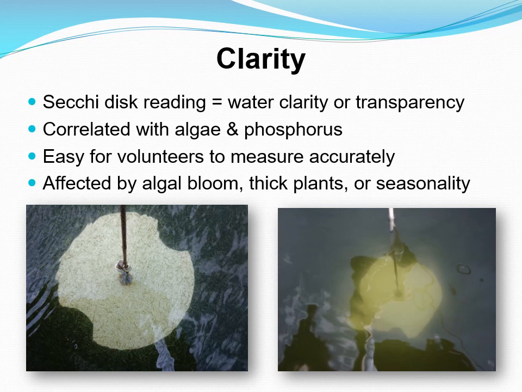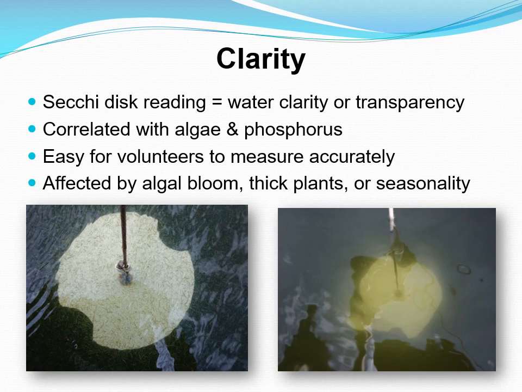It does give you a good sense of how much light is getting into the lake. Plants, of course, need light to survive, so if you have an extremely low Secchi disk reading, you can't see very far into the water. That means plants aren't going to be very prone to growing in that water body either, if that state persists all year. Now, it does change over the course of the year. There's a more active growing season in warmer water temperatures with more direct sunlight, so the water does tend to be clearer in the winter, in the spring, and in the fall. You might see fairly clear water right now, or there might be a late season algae bloom. It's sort of hard to tell.